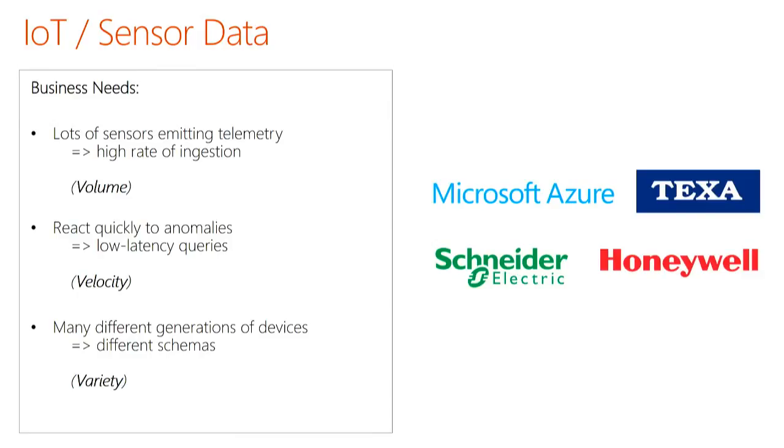IoT, it turns out a lot of the problems are the exact same. When you have lots and lots of sensors, and each of these sensors is emitting a record every second, you're dealing with very high volume. In fact, this is probably the highest volume I see in terms of workloads. This is because humans don't click and generate events every second, but a machine will. So when you're dealing with lots of these sensors, how do you deal with this high rate of ingestion for events?